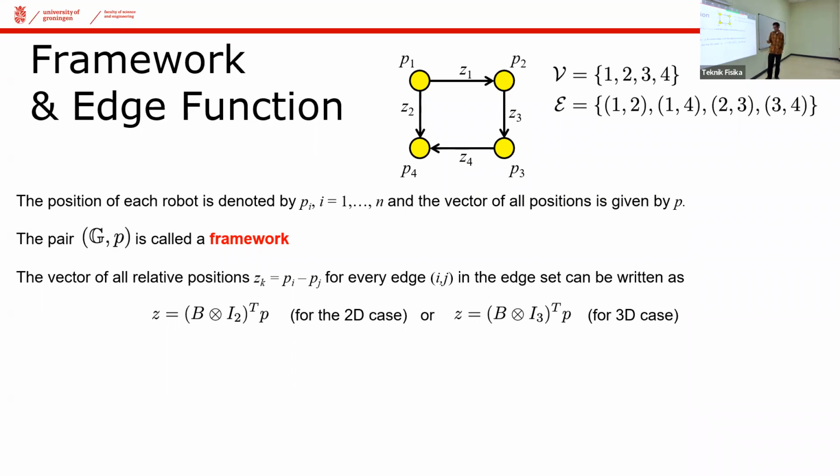Okay, so I will continue again. Everything can be represented in a compact way by using the incidence matrix multiplied by a Kronecker product of identity 2. And as I said earlier, it's just copying how the relative measurement is being used in the x direction as well as in the y direction.